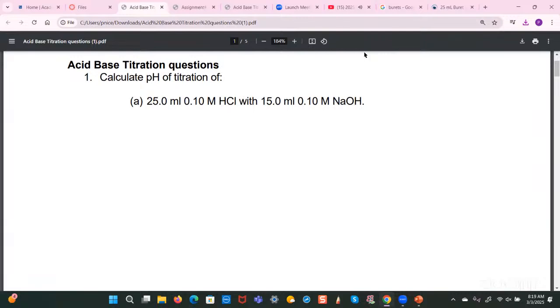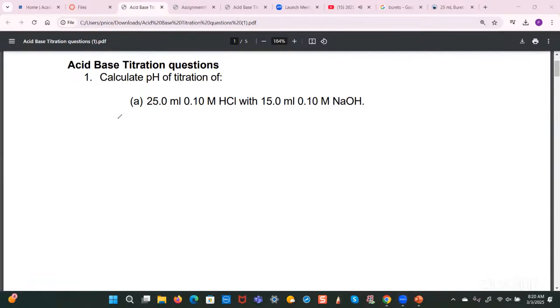So, okay, you have 25 mL of 0.10 M hydrochloric acid, and to that you're adding 15 mL of 0.10 M sodium hydroxide, all right? So this is the way you'd go about determining the pH of that solution. What you'll do is start off with calculating the moles